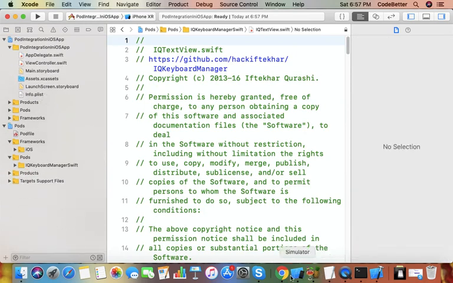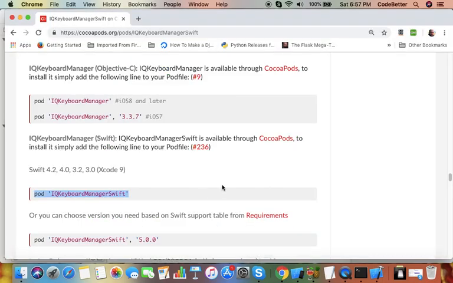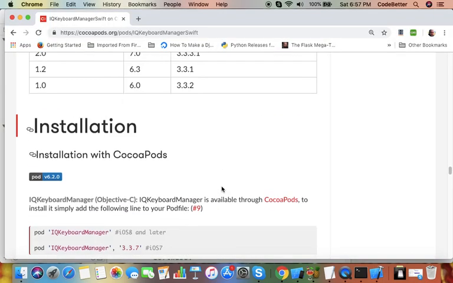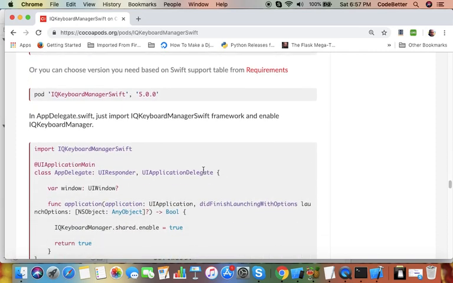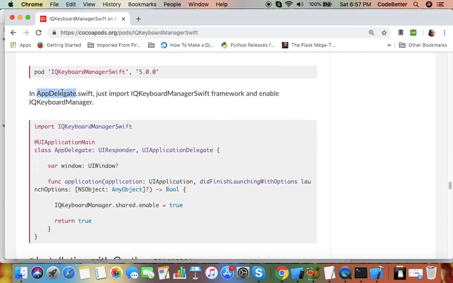I go to the project page on cocoapods.org, and it tells us that after installation I have to open AppDelegate.swift, and in the AppDelegate class I have to write this one line of code only, and I have to import this package, IQ Keyboard Manager Swift.